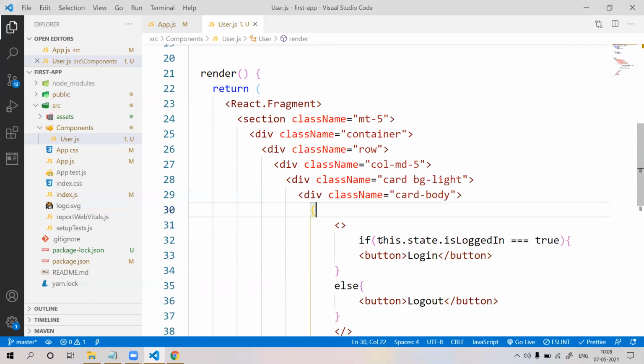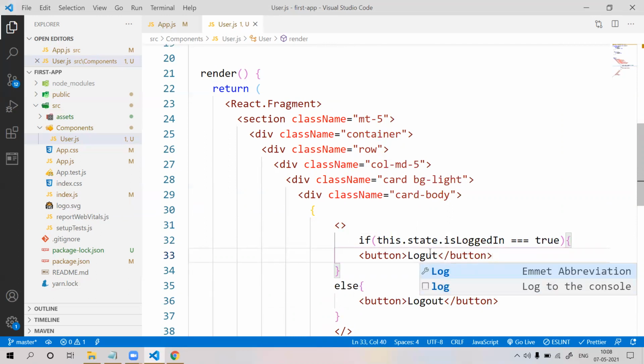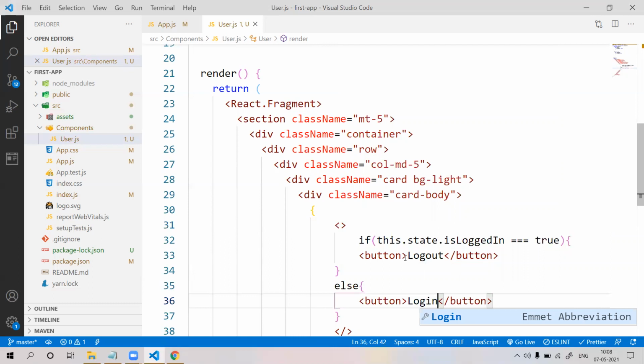If it is true, then display logout button, else display login button. Because first of all, if the condition is false, then first display login, then display logout, then display login button, okay.